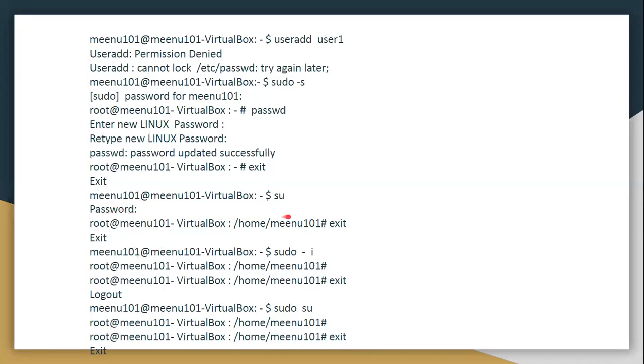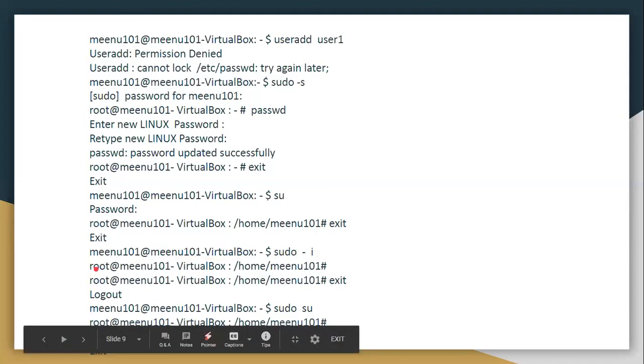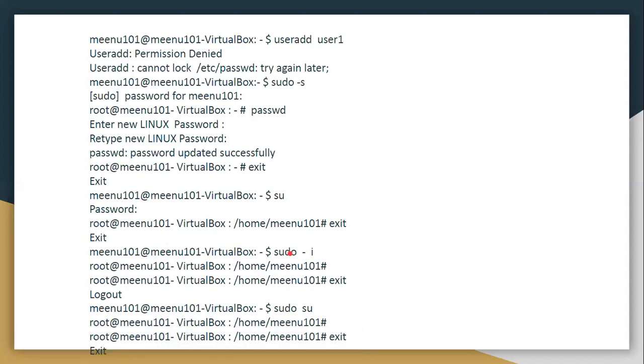Now, after I exit out of root, I come to the Minu shell, and if I write the command sudo, meaning super user do, -i, I move to my admin account. In this way, I also move to my admin account. This is also a command to move to your super user.